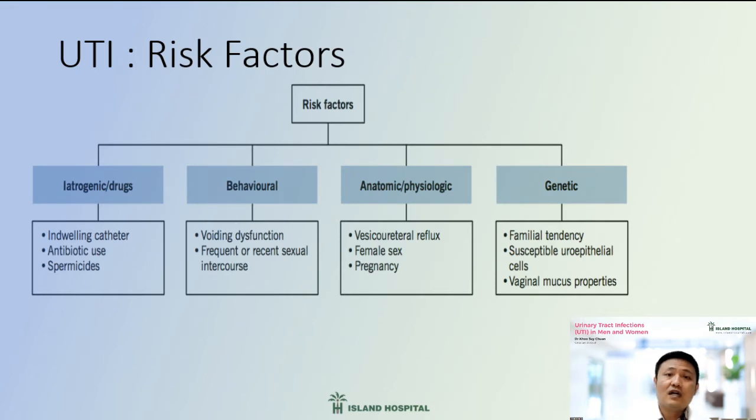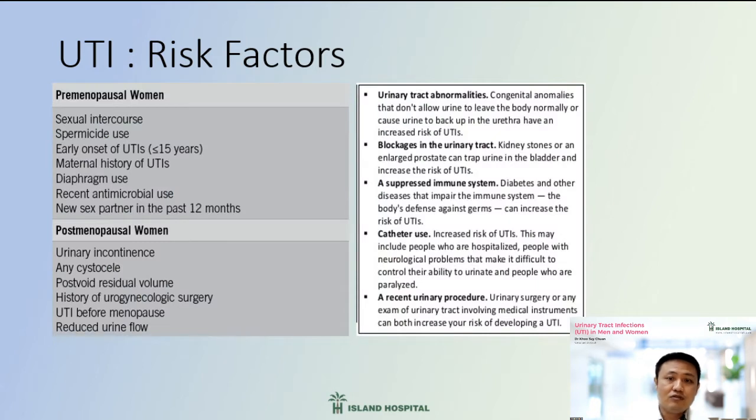Now, what are the risk factors of you getting urinary tract infection? I'm going to show you this. Actually, this is according to the certain age group. So in young, premenopausal women, the most common risk factor is related to sexual activity. A new sex partner in the past 12 months definitely increases the risk of getting UTI. Multiple sex partners, the use of spermicides, and early onset of urinary tract infections, and also recent